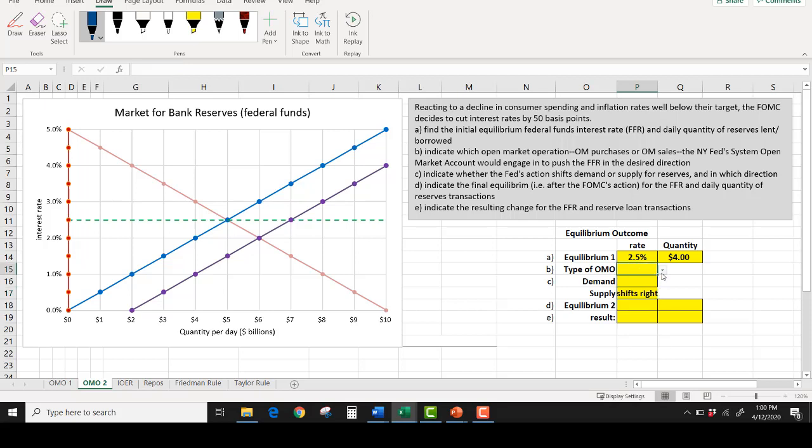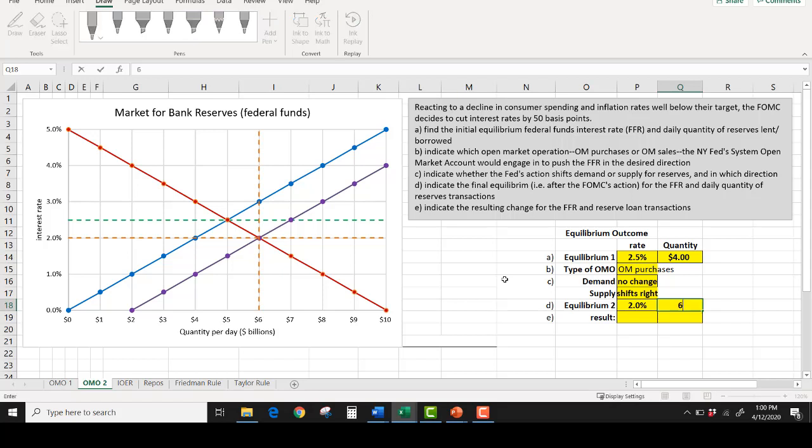So the Fed is, of course, going to be doing open market purchases, buying treasury bills from the primary dealer network. Is this a demand or supply shifter? It's a supply shifter, right? So there's no change in demand once again. And now we can see the orange dotted equilibrium point. Interest rates have dropped to 2%, the Fed funds rate, and the quantity of reserves lent and borrowed has risen to 6 billion, meaning that as intended, the federal funds rate has declined and the quantity of reserves borrowed/